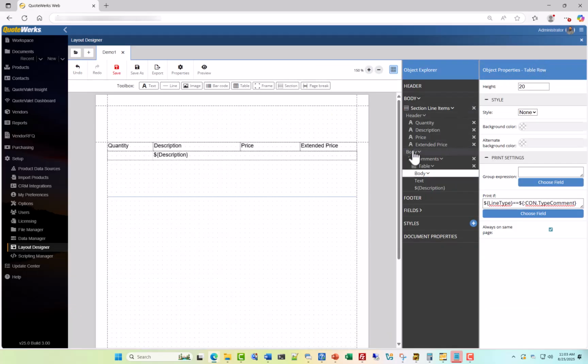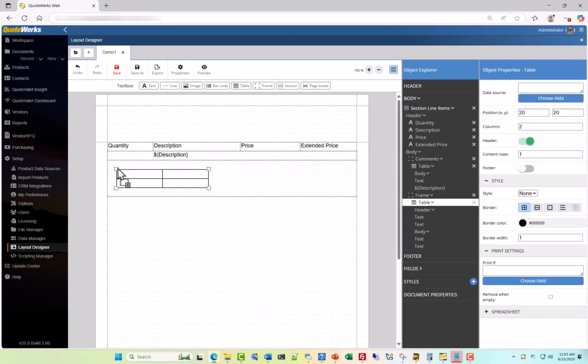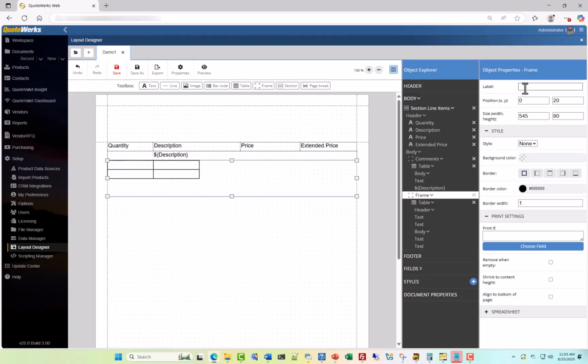Next, we will create a table and frame that prints our products and services. To do so, we will follow the same process as before, inserting a frame, then a table. We will name this frame product/service, and we will select remove when empty and shrink the content height. We will leave some real estate in the frame below our table, as we will use this later to insert a picture. This time we want our table to have 4 columns and 1 row, so we will click into